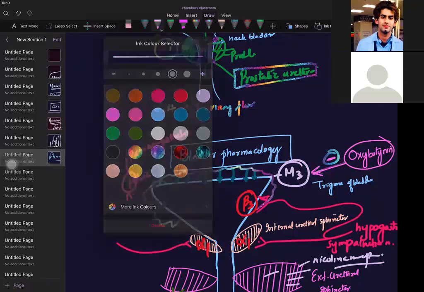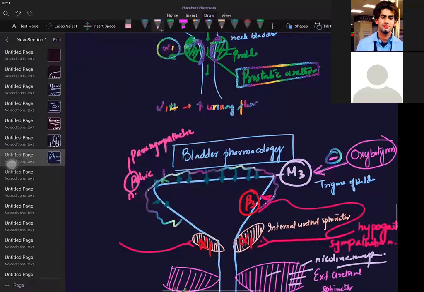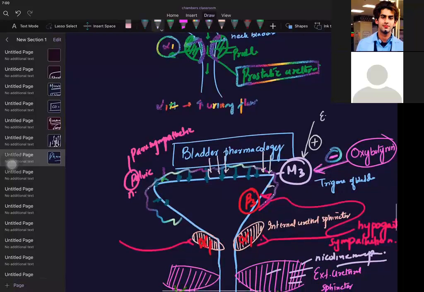Now see, guys, if this was about inhibition, and I give stimulation of this M3, what will happen? M3 will stimulate, that is, the detrusor muscles will come into action. What is the function of the detrusor muscle? It contracts the bladder. So if you have more contraction of the bladder, what will happen? You are emptying the bladder. That means giving the M3 agonist actually causes voiding of urine, emptying the bladder.